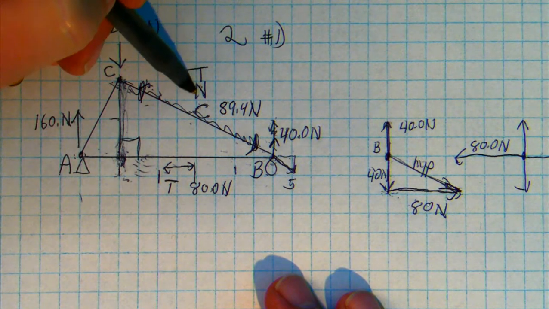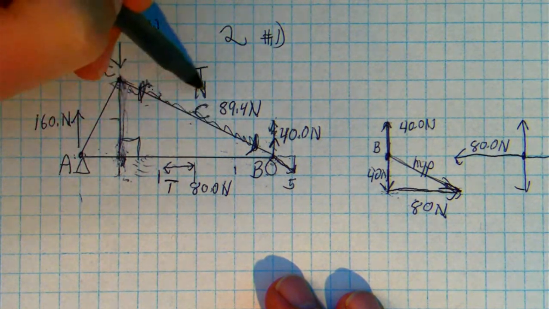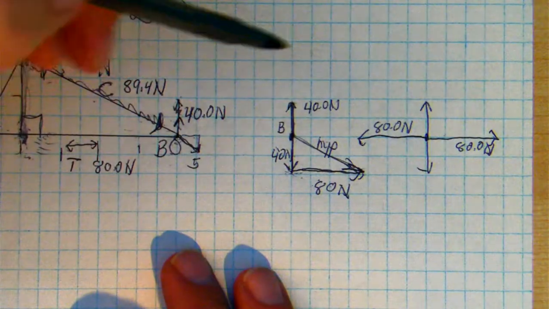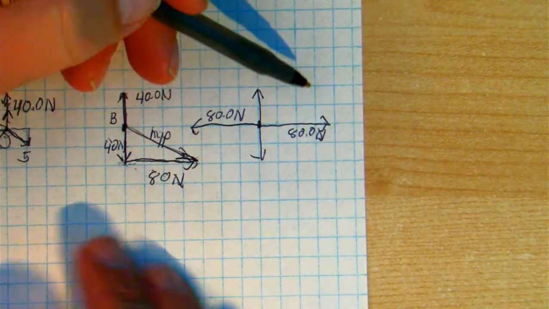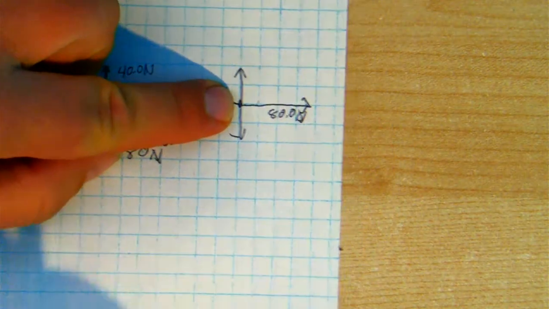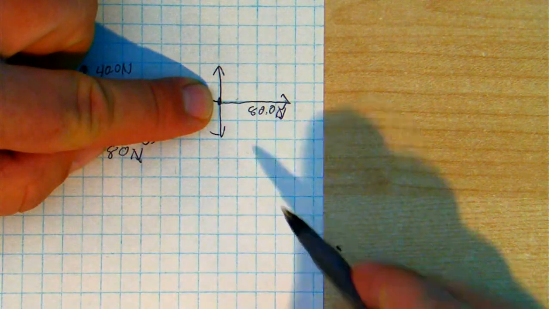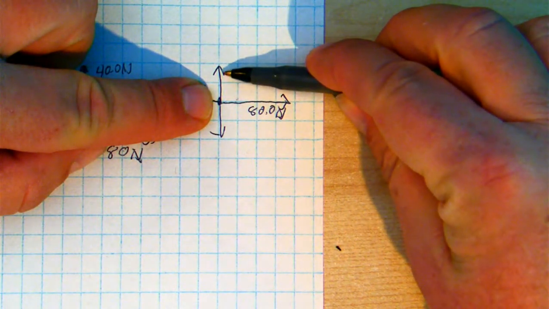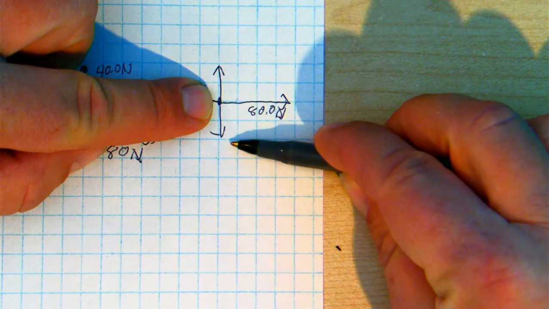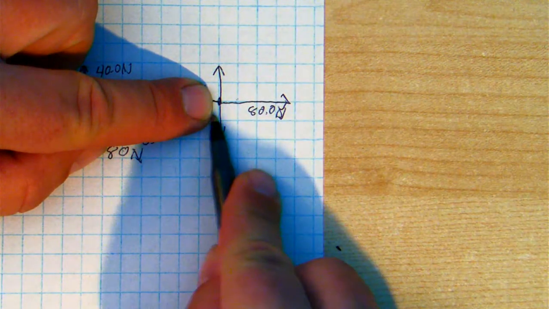Such as, and that's only when it's 0.0 newtons, neutral. Great. So now B has these 3 forces acting on it. The roller pushing up with 40 newtons, member BC pushing down with 40 newtons, member BC pushing to the right